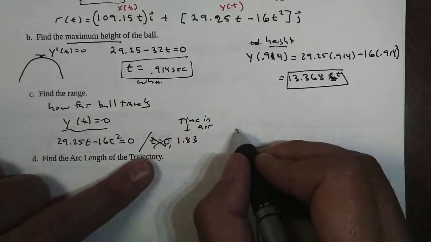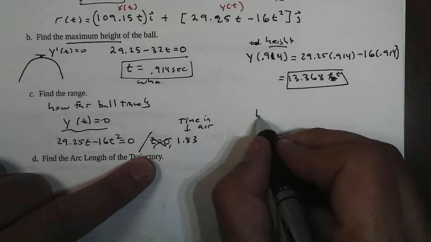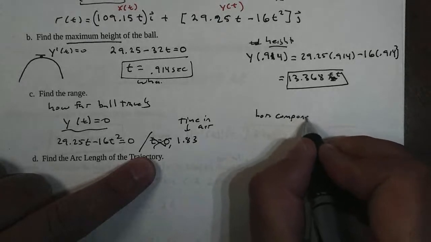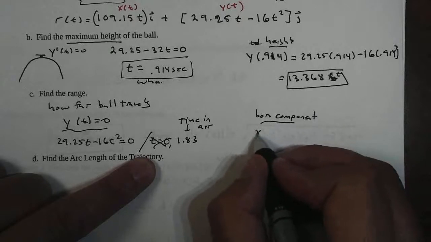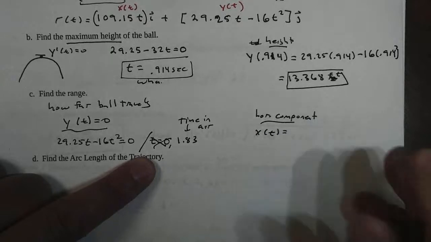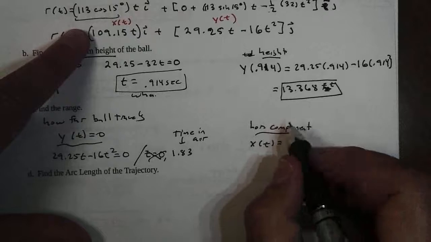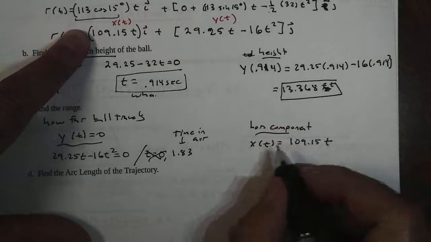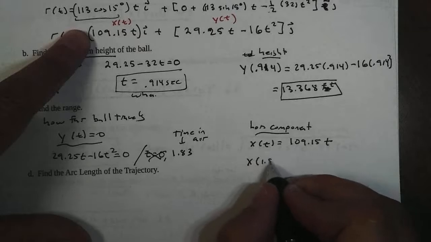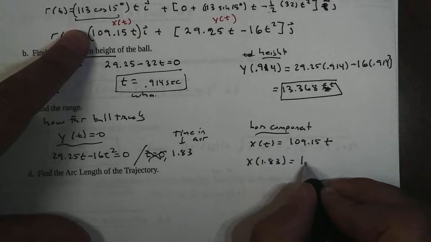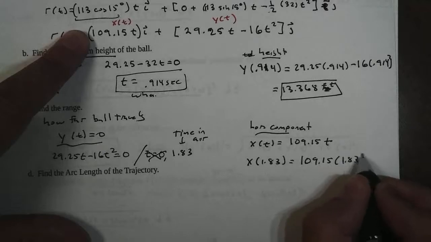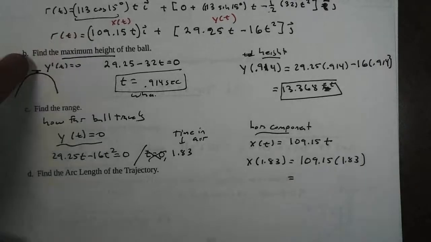So I am now going to plug that into the horizontal component, which was x of t equaling, that's this part right here, 109.15 t. And I get x of 1.83,